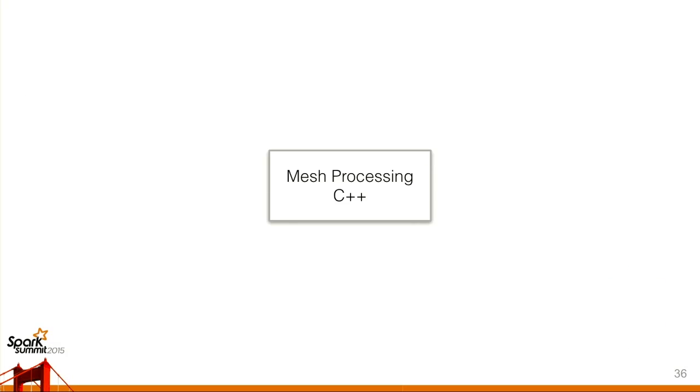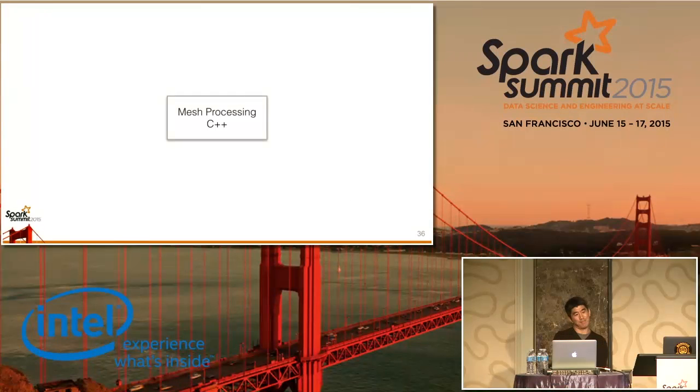Our challenge, though, was that we really rely on a lot of C++. As I've mentioned in the lead up to here, we do a lot of mesh processing and cleanup, and those depend on well-tested C++ libraries. So we didn't want to mess around with JNI and all that kind of complexity. So we went with a simplified approach where we said, let's go back to the old pipeline,